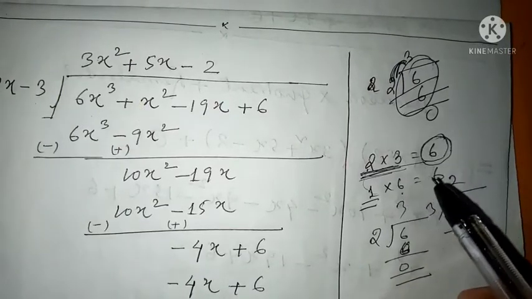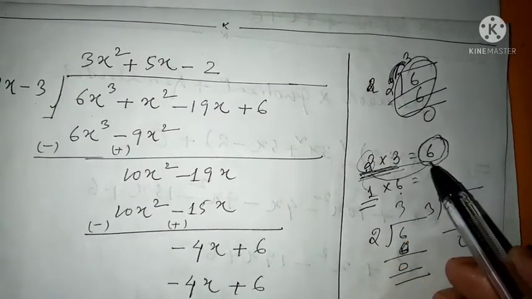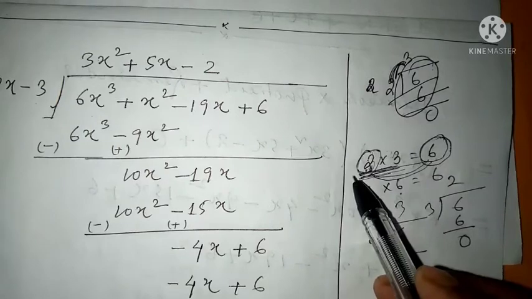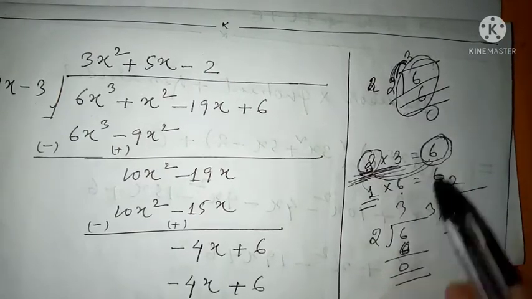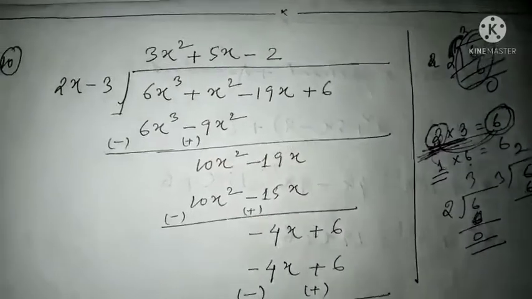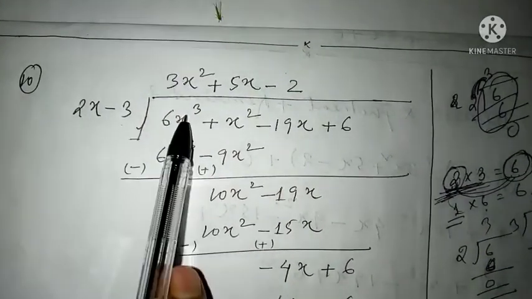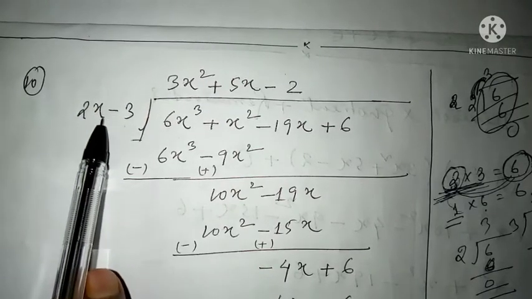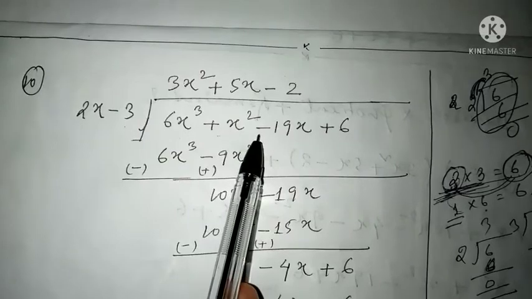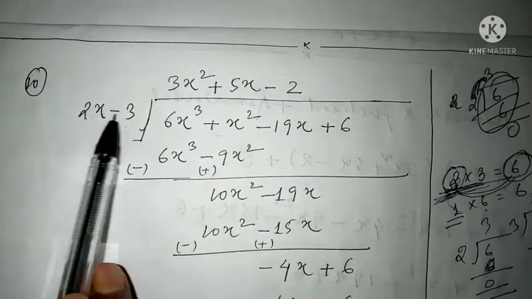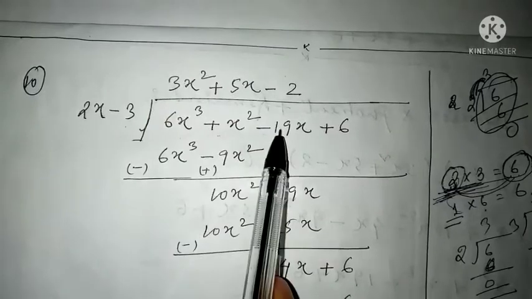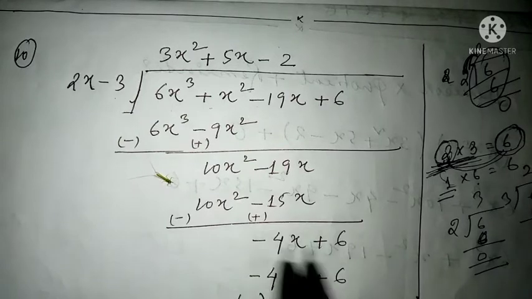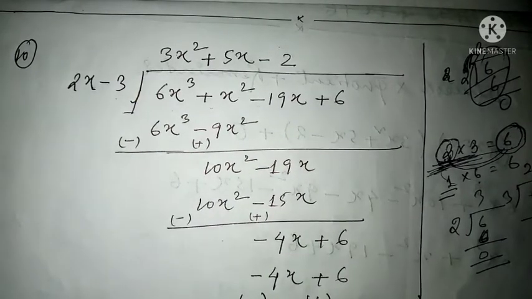Or can I say, if a number divides another number, then this divisor is called a factor of this dividend. So we'll apply the same logic here as well. We'll divide this whole term by this term. If our remainder is 0, then we can say this is a factor of this one. That means if I multiply something with this one, then I will get this one.